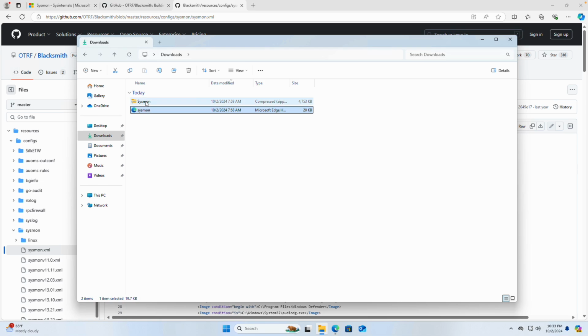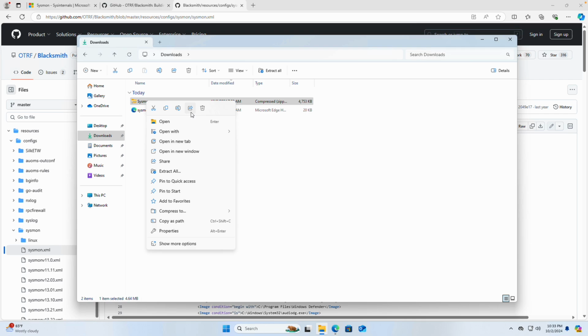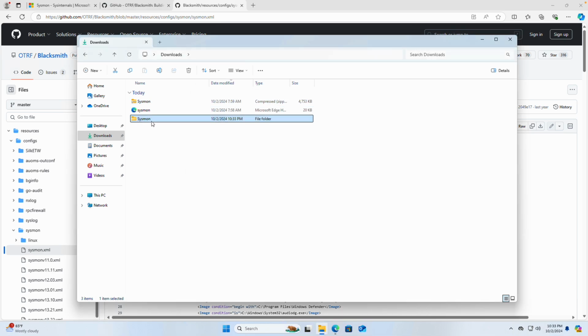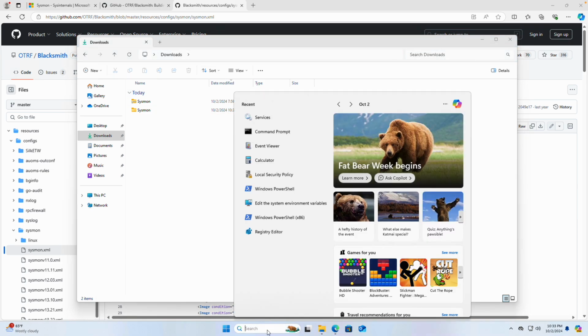So what we are going to do now is extract all, in the same directory, and click extract. So here's the folder. If you access this, you have the different executables and the end user license agreement too. Just to have everything together, I will move this file to this folder. And now we are going to open the command prompt,